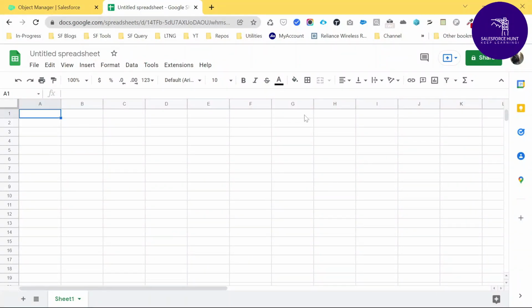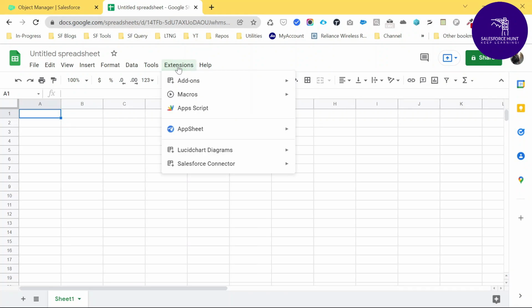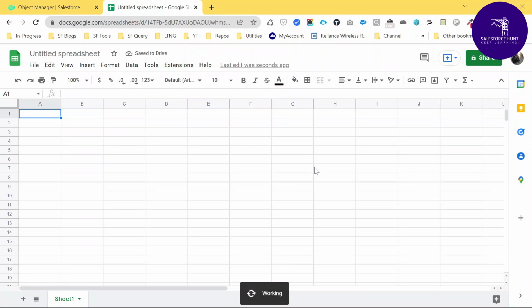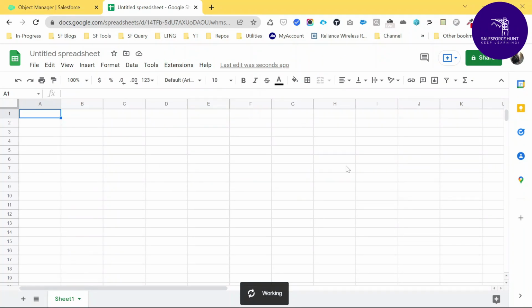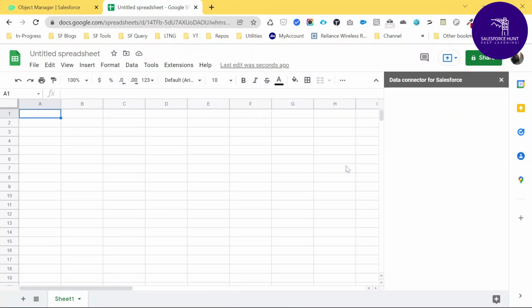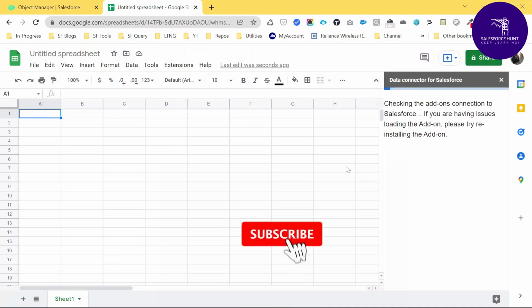You can connect with the help of this extension. Click on Salesforce connector and click on enable add-on. Right now it's working and is enabled for me, and after some time you can see my extension here, and now click on Open. It opens the data connector for Salesforce, as you can see here.